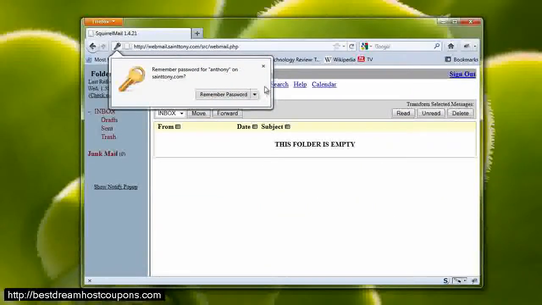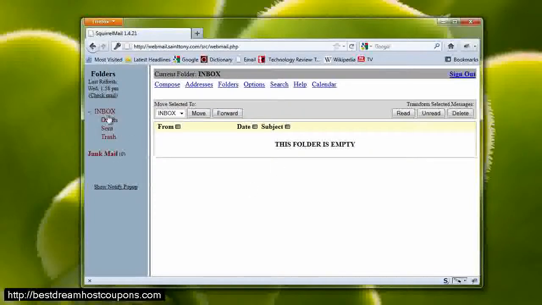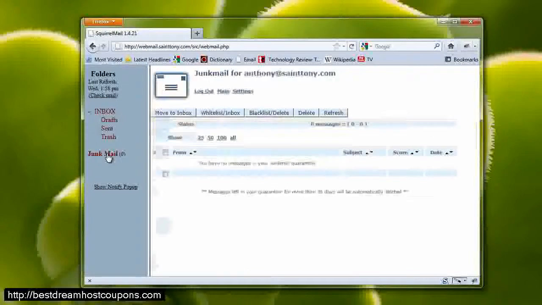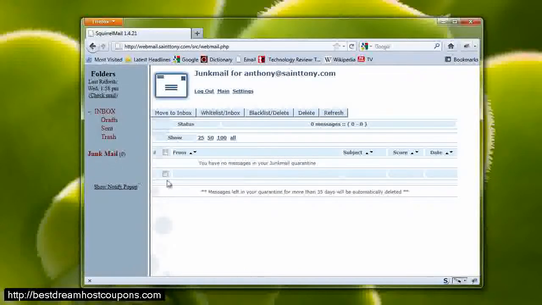Once we've logged in, there's nothing in the inbox, but if there were something in the inbox, we could just view them right here. The main thing that we're interested in right now is the junk mail area. Of course, there's no junk mail in here either right now, but if there were, you'd be able to select